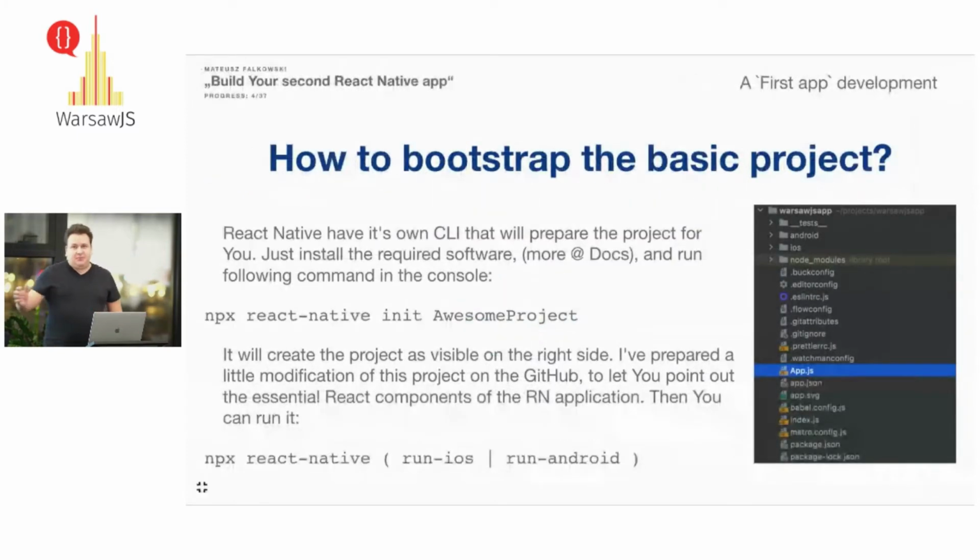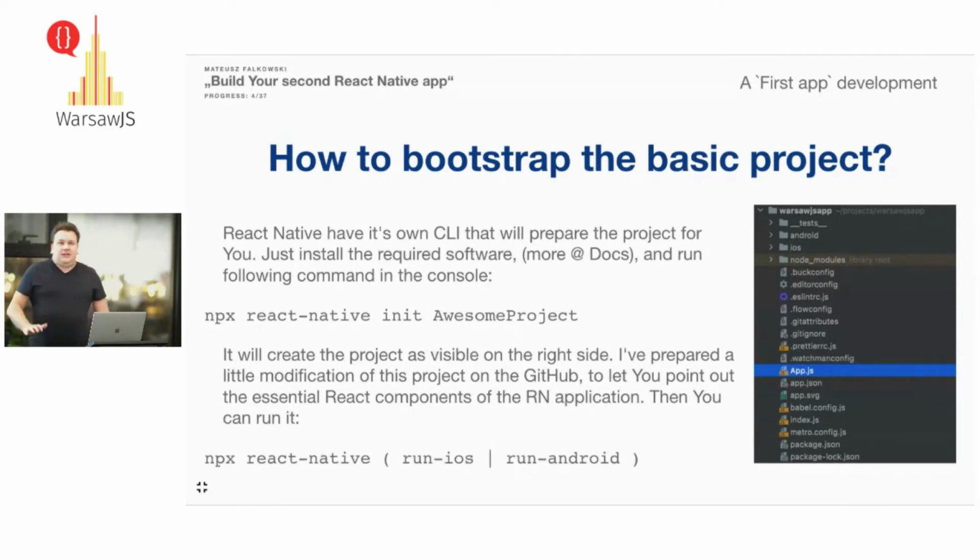And yeah, my presentation actually has the title "Build Your Second React Native App," but just for reference, let's quickly go through the basics and your first React Native app. You can use the React Native package to init the React Native application, and it will create more or less the project that you can see on the screenshot.